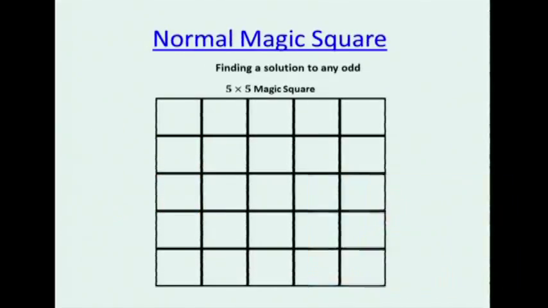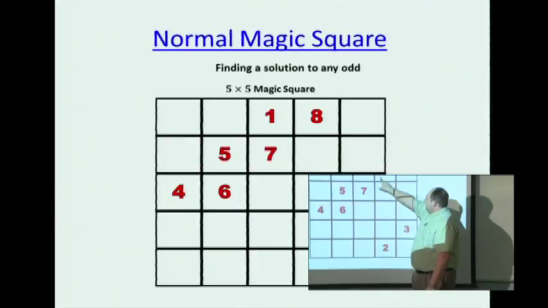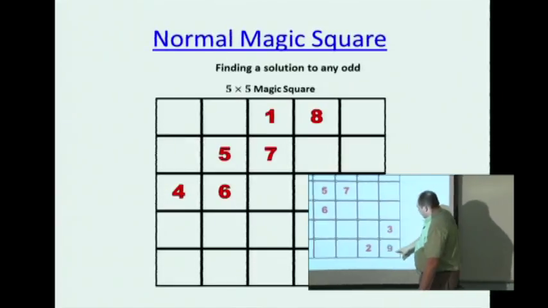So let's do it for the 5 by 5, right? So we're going to start with the 1 in the middle, and we go over 1 and up 1, and again, the top is wrapped around, so that's really this one down here. I go over and up 1 for 3, over and up 1, the sides are wrapped around, so this becomes this square. Over and up 1 is 5. I go over and up 1, that's occupied already, so I drop down to below. Over and up is 7. Over and up is 8. Over and up is now down here.